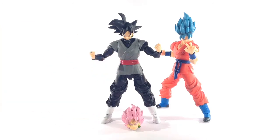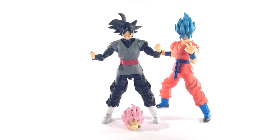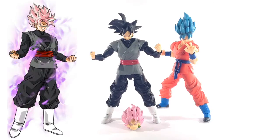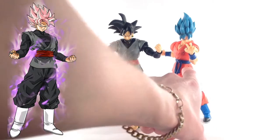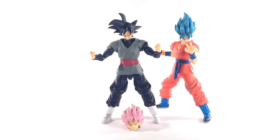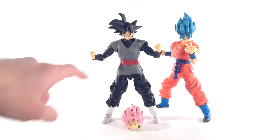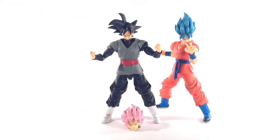What I did is I had a leftover belt from the original SH Figuarts Goku, and to give Goku Black a more authentic look, I didn't want to use that belt. I wanted to use the belt from the Super Saiyan Goku, and I do not recommend it. It was a pain in the ass. I had to cut bits off to make it fit. I had to heat it up and stretch it to make it fit that mold, and it was just a